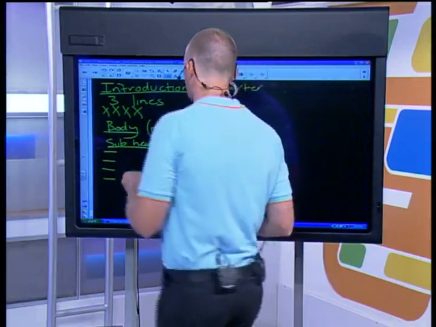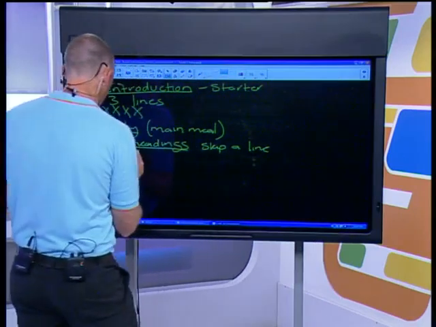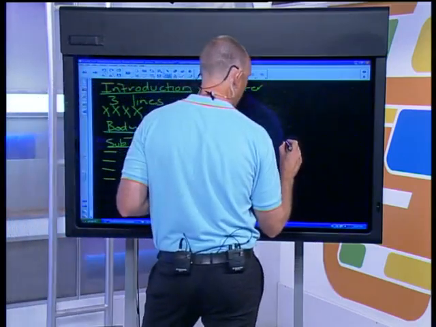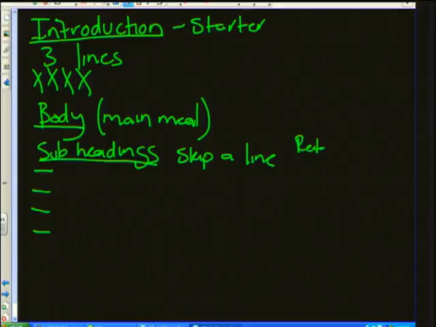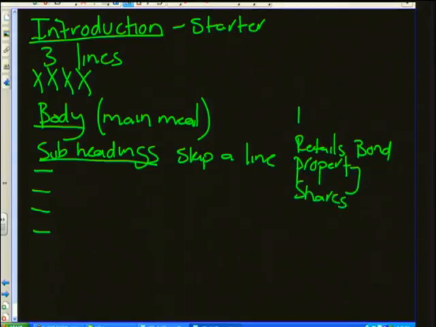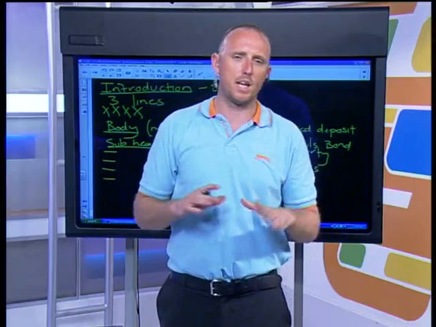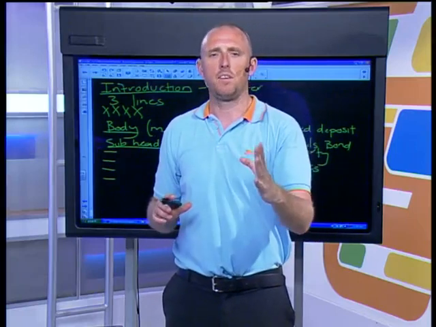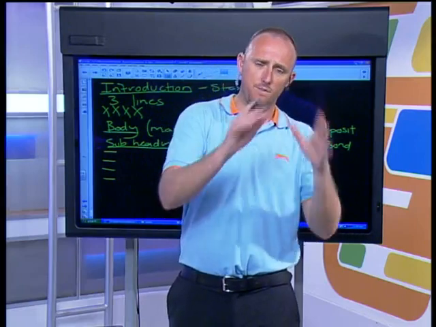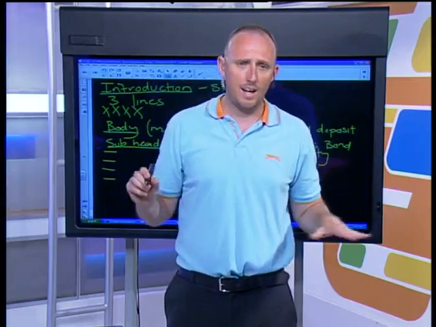All right. So if we look at our essay here, our subheadings would have been the different investment options like the retail bonds, property, shares, and our fixed deposit. So you would have been given marks for your subheadings and for making sure that everything sticks out. Don't forget, once again, guys, very, very important: make sure that you underline everything, okay?